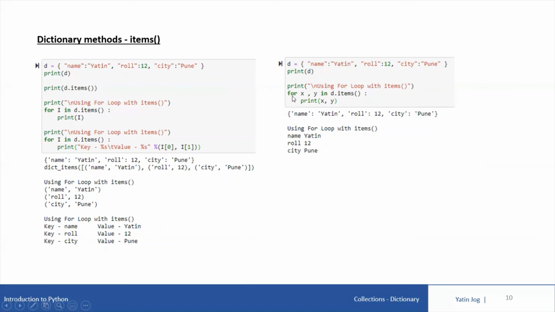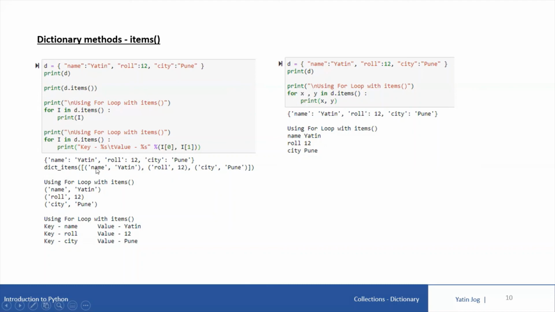So what I can do is I can use for x comma y in d dot items. So what this means is d dot items consists of one key and one value. So key by default will be stored into x and value will be by default stored into y. So for x comma y in d dot items, the first key value pair is name Yatin.